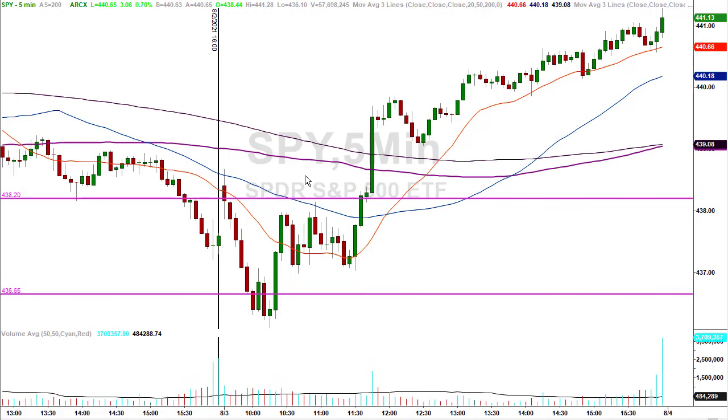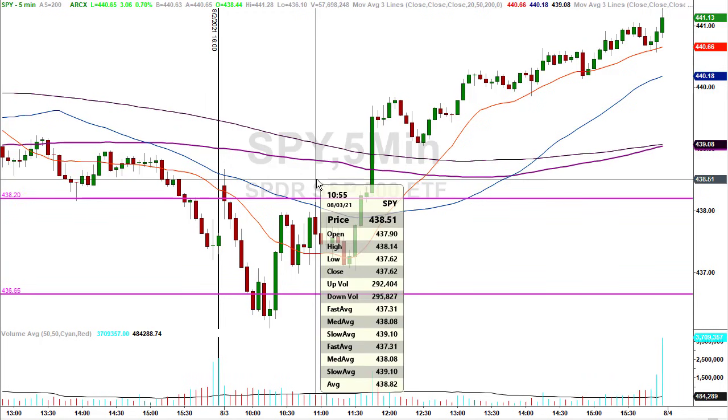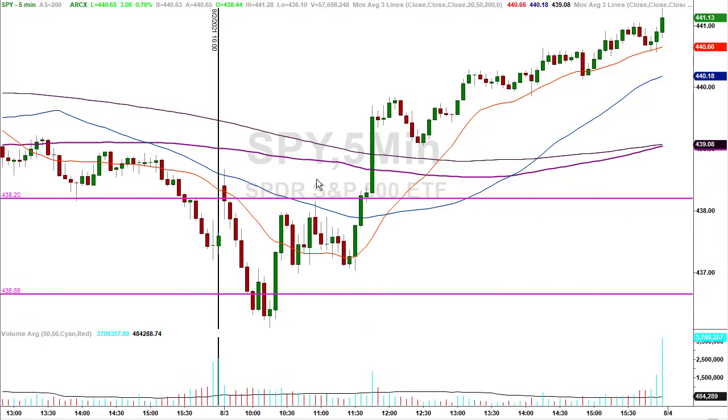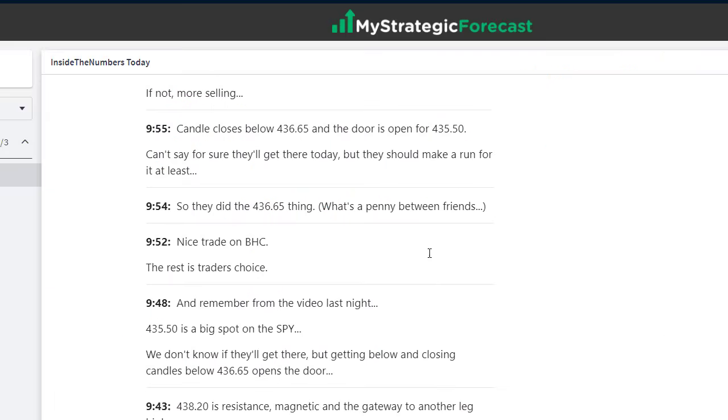So there's your 438.20. Now check this out. So they rally up and they come up just short. They make a high of 438.14, 6 pennies short. They pull back and then they start up again. Is 438.20 going to be resistance, or are they just going to bust right on through? Well, they're just going to bust right on through. That's what happens when they come up short, pull back, or recock the weapon, and then they go back again. Doesn't matter whether you're looking at a 5-minute chart or a daily chart or some other chart. All charts act and react the same way. Where have you heard that before?